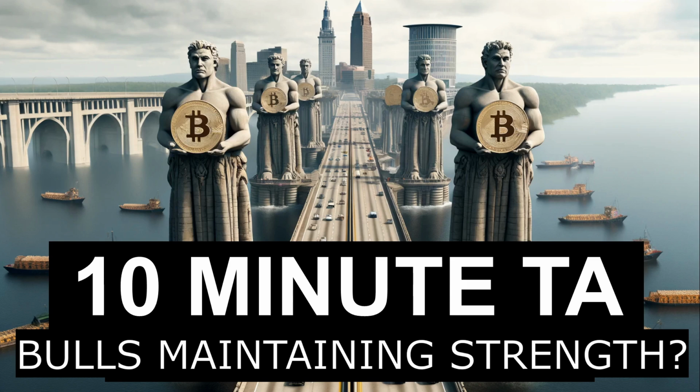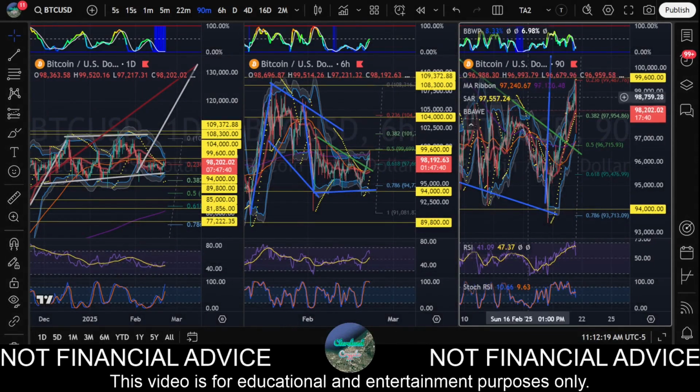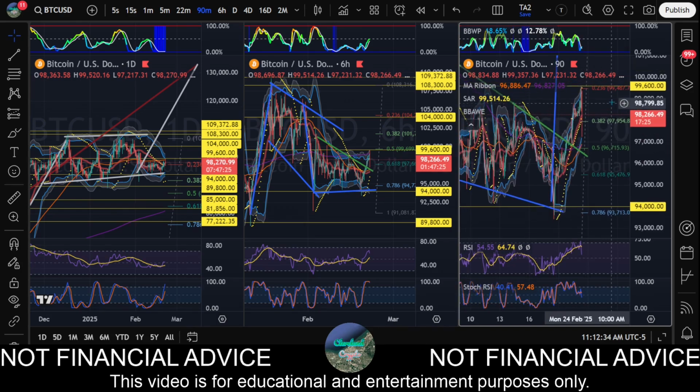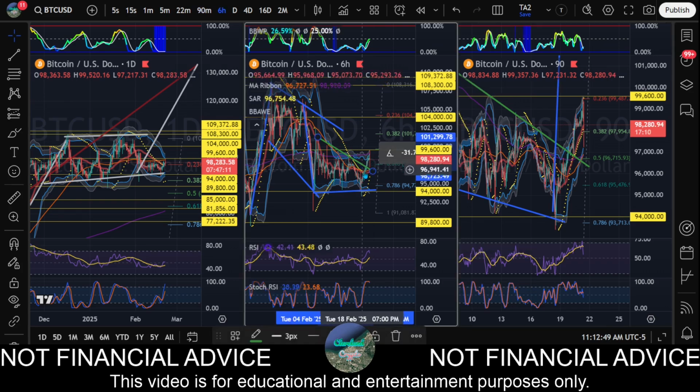Let's dive right into the charts. All right, so since yesterday, right around here, when I made the video, price action did come up. Came right up to that next major resistance that we've been talking about, that 99.6 resistance level. Bounced right off of it, found resistance, came down, found a little support from our former resistance here on the 6-hour chart, now acting as support, and bounced back up and is currently holding price action